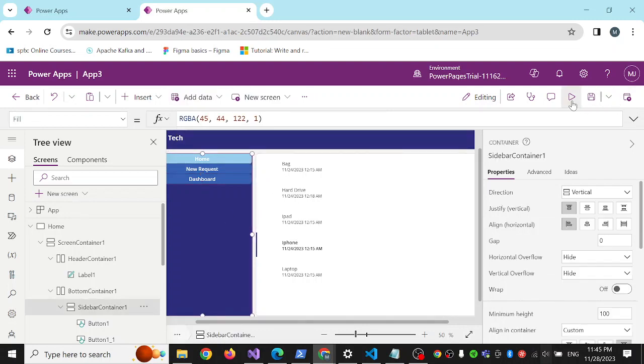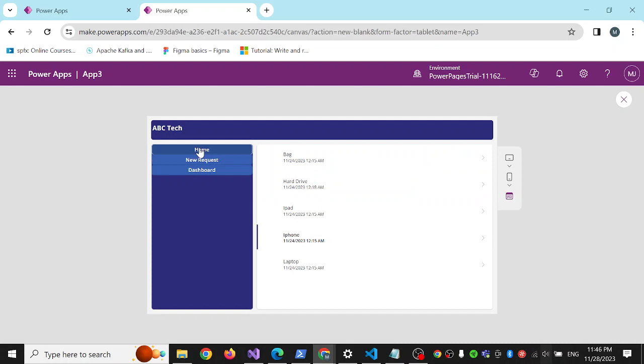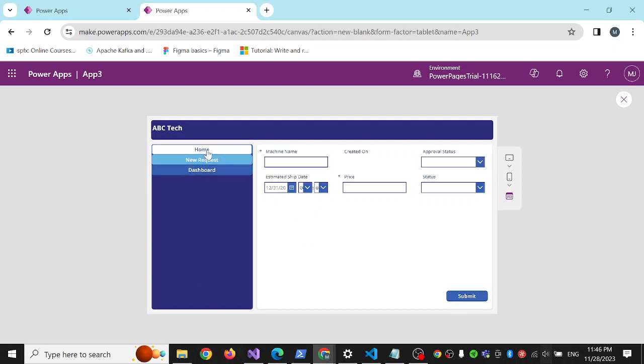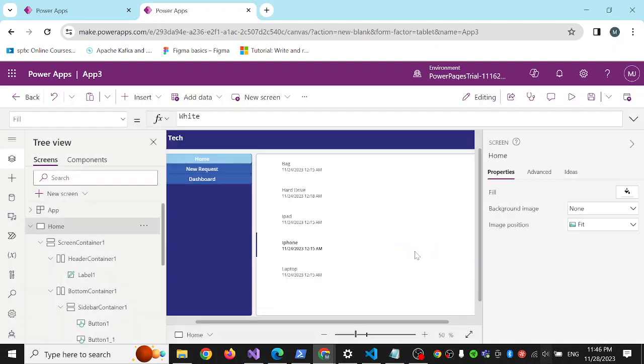Okay, let's try to see if the navigation works. If I click new service request, you see new service request is selected. If I click dashboard, and home screen. Okay, you see how we can nicely create the menus easily with the technique I mentioned here. So now we created the form, we created the pop-up, and then I will show you guys how you can